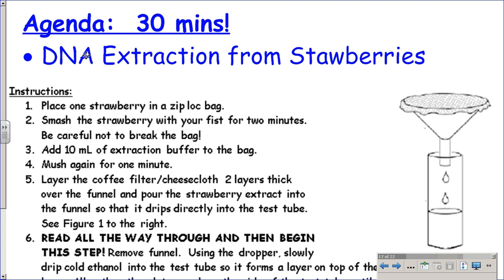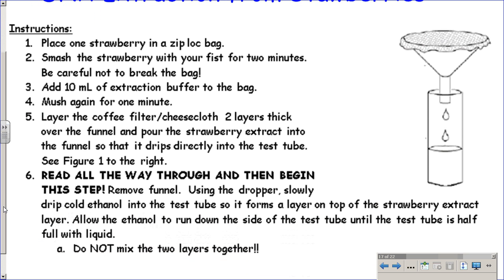Okay, I'm going to explain this as you get your paper out. Look up here. I want to point out one step mainly. I already have the DNA, I already have the strawberries at your desk. I already have everything at your desk. There's one part that you have to be very careful with, and it's whenever you add ethanol, which is alcohol, to the solution. So these are the instructions. They're at your lab stations. You're going to take a strawberry in a bag, and you're going to smush it for about 2 minutes.